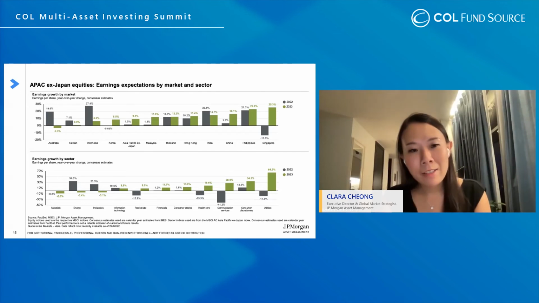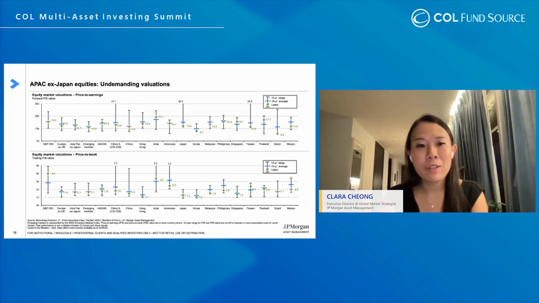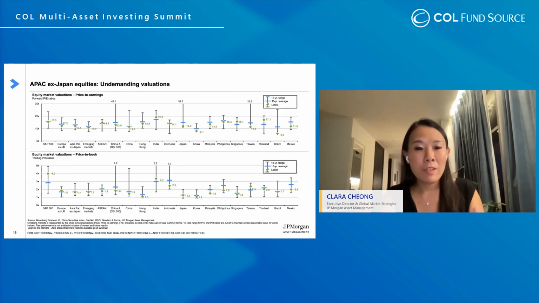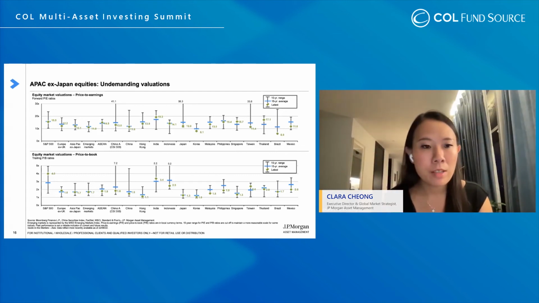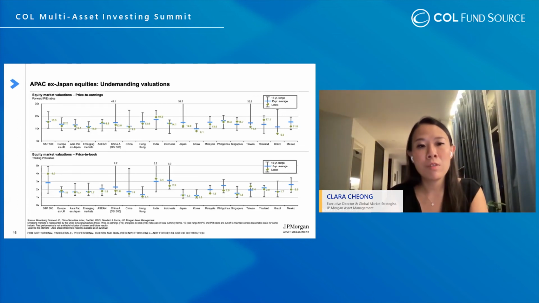And then lastly, it's important to also look at valuations because while everything looks pretty rosy for now in Asia ex-Japan on a forward-looking basis, we need to know that we're not overpaying for these exposures as well. So on the top half of the page, you can see over here that valuations have derated pretty significantly, whether it's in the EM or whether it's in the developed markets. China is now under historical averages over the past 15 years. And even things like the S&P 500 have derated much closer to historical averages as well.